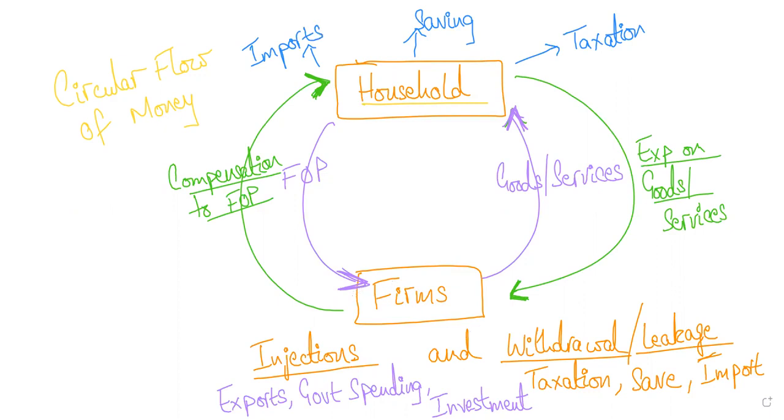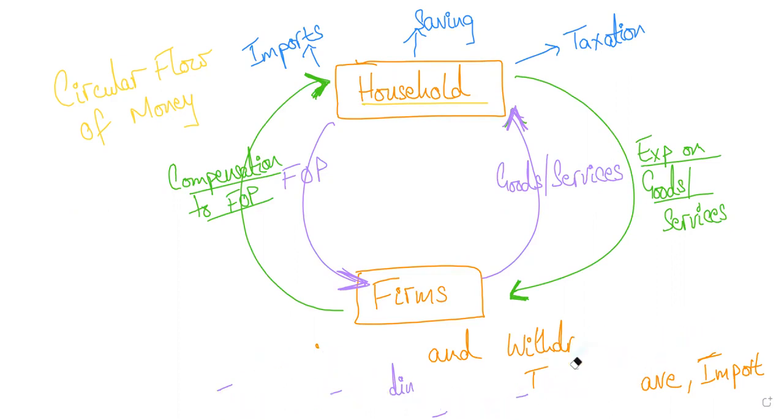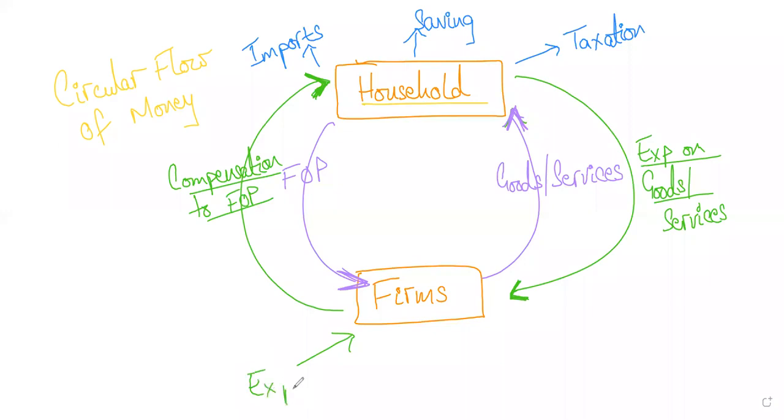Then similarly, you show injections on the other side, which I'm about to do right now. From the firms, we can do that. So it would be government spending, investment, and exports. Let's choose a different color for this. Let's say we go with green. Look here, money coming into the system, that would include exports. Another thing that will get you money in the system is investment, and another thing is your government spending, right? Is everyone clear on this?